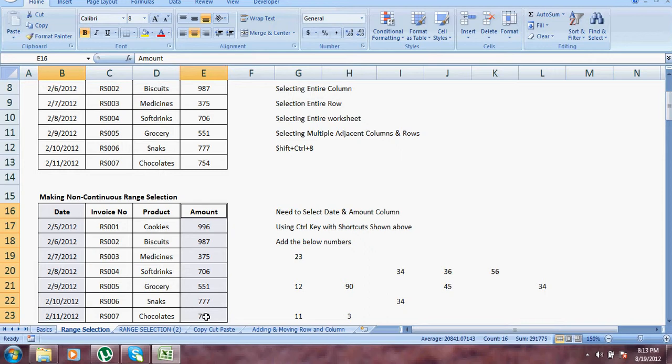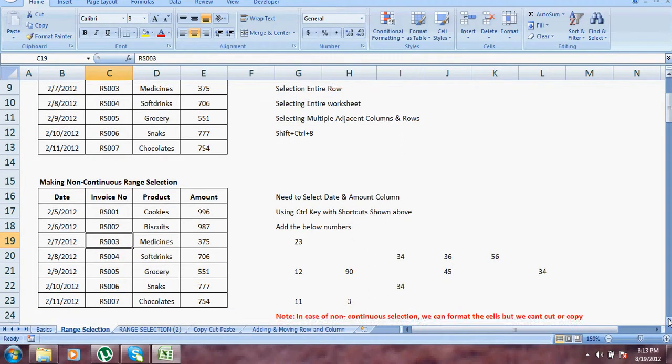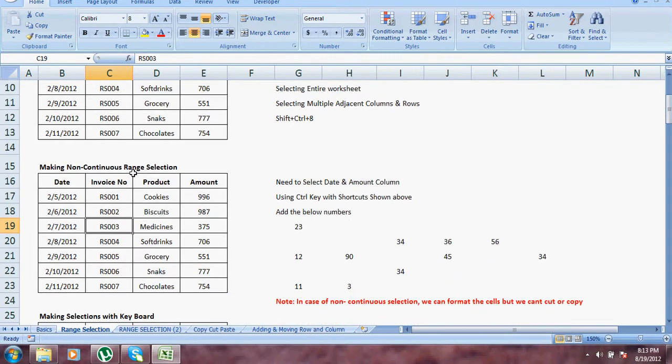Again, let me give you the trick. For selecting the non-continuous range, you have to use the control key. Okay, so now suppose you have to select this column and this column together.